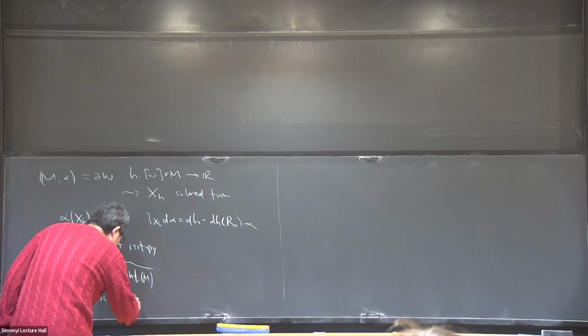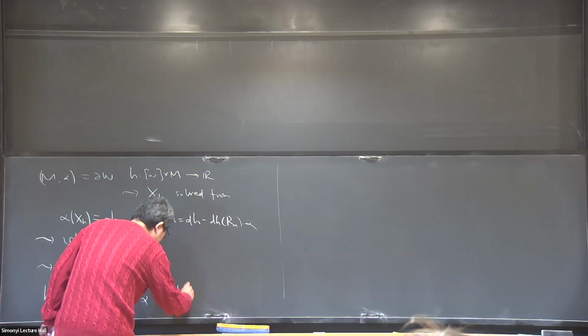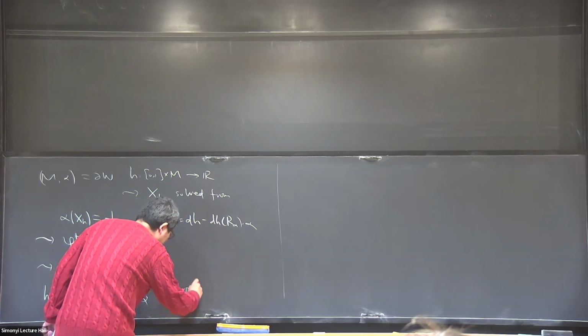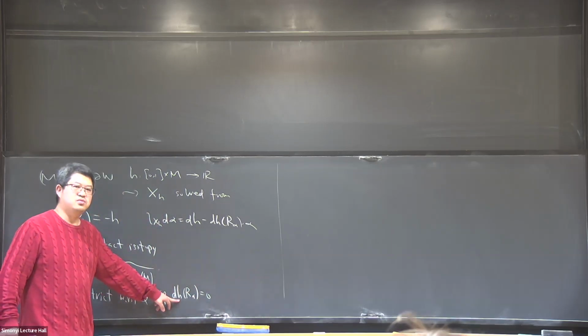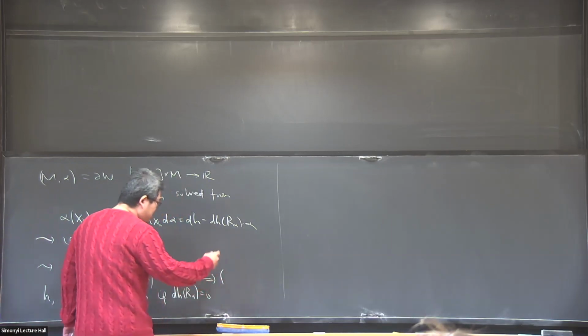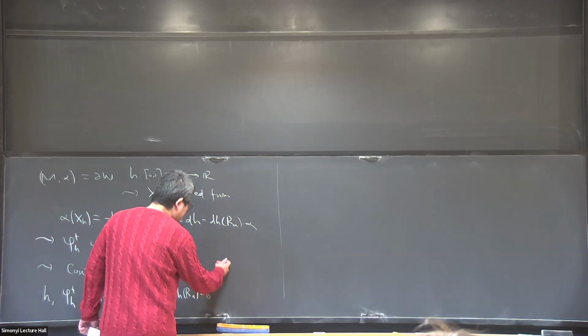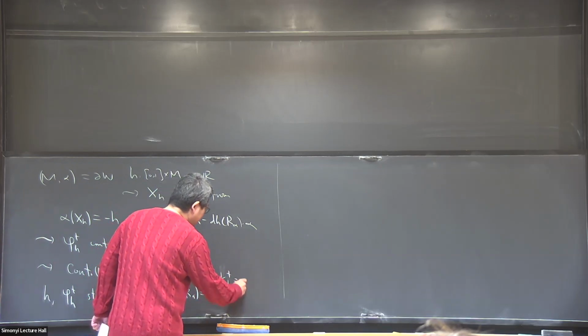with respect to alpha, if dH of the Reeb vector field is equal to 0. So it means that this H function is Reeb invariant. This implies that the rescaling factor, which we usually write as alpha, phi_H^t,